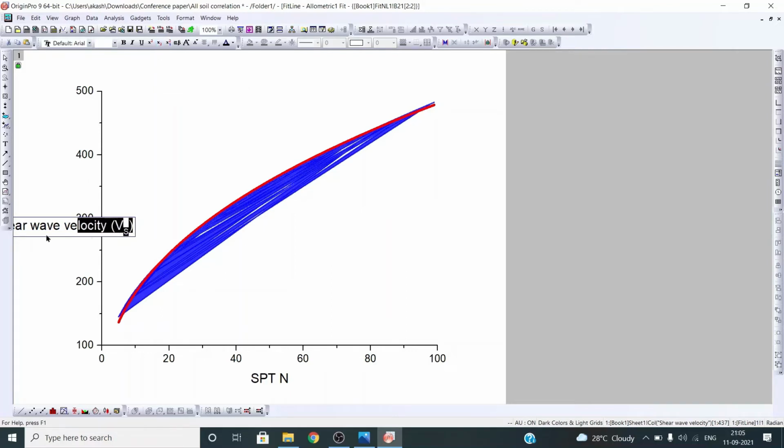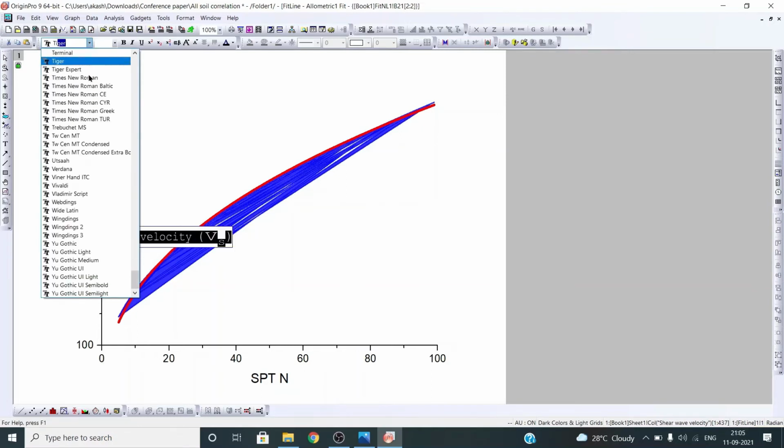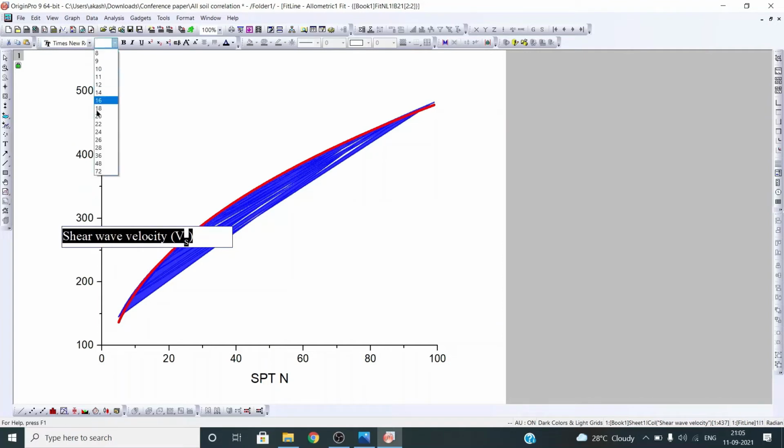Okay, you can change the font also. Here I am going to select Times New Roman and the font size is 22.